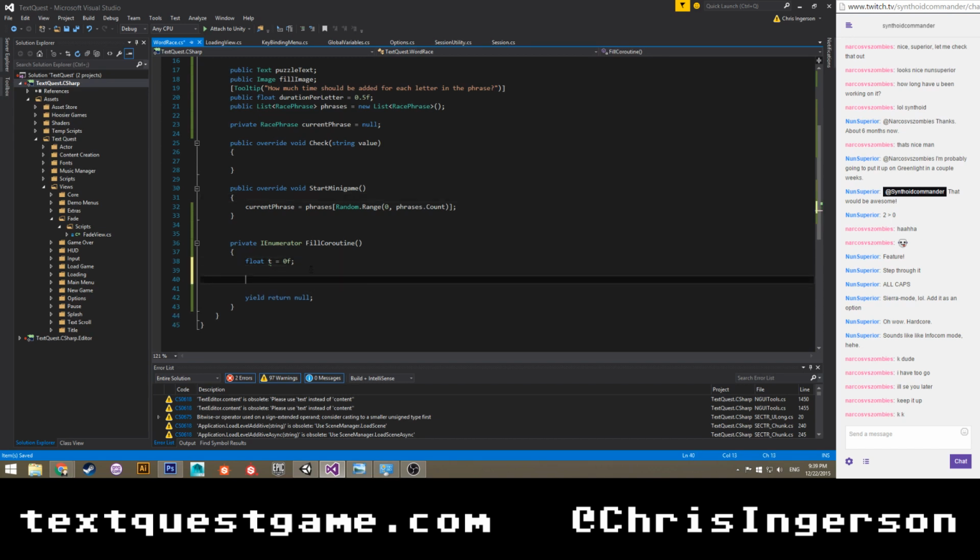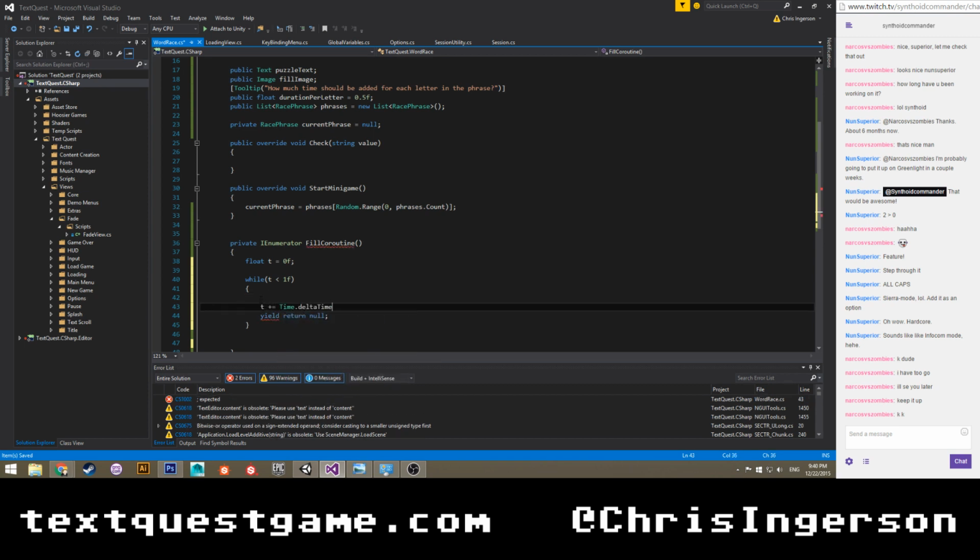So, fill image. Let's go ahead and say while t is less than 1f. Get our yield return null up here. And then we're going to have t plus equals Time.deltaTime divided by 1f.